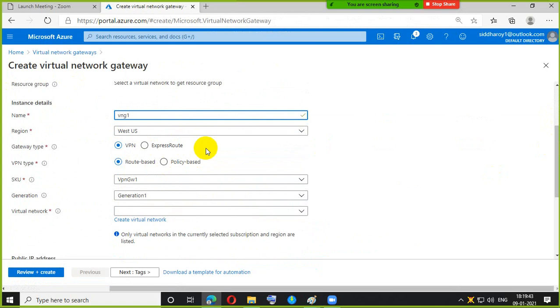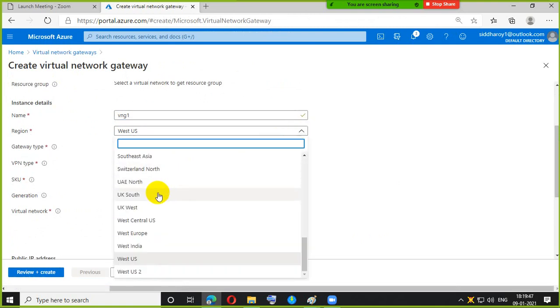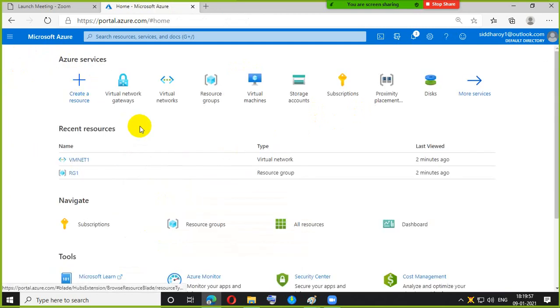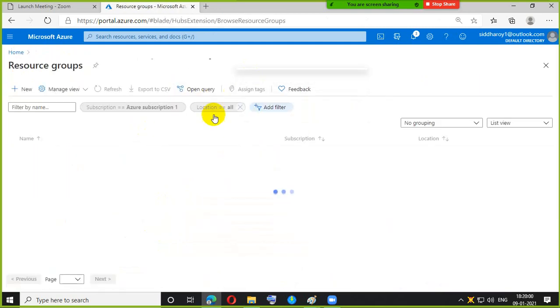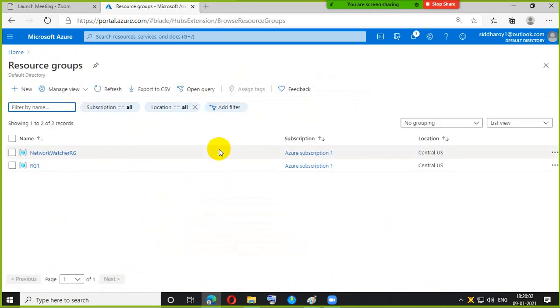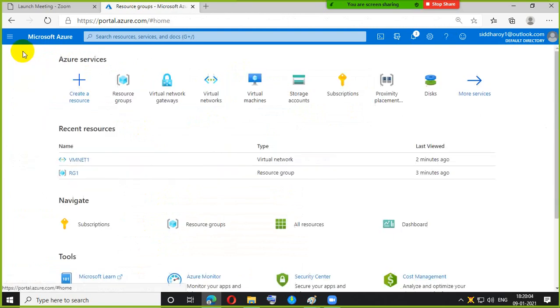I'll tell you about the ExpressRoute option later on. Region: in whichever region we have created the VNet, I have to create the same thing there. So my resource is in Central US, so I will create the VNG in the Central US location.